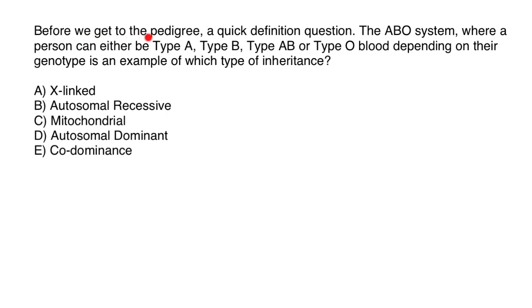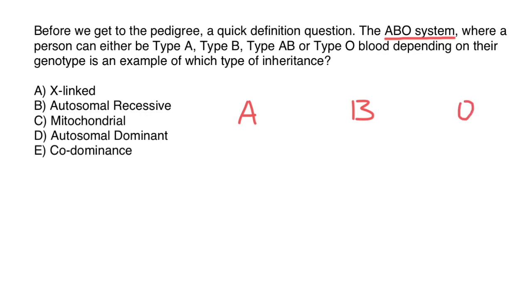Before we get to the pedigree, a quick definition question. The ABO blood system, where a person can be either blood type A, blood type B, blood type AB, or blood type O, depending on their genotype, is an example of which type of inheritance? Here are the variants to choose from. So in the ABO blood group system, we have three alleles: allele A, allele B, and allele